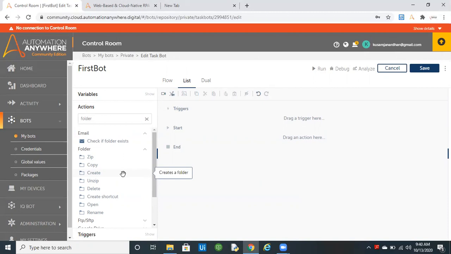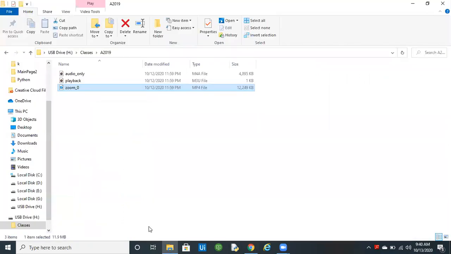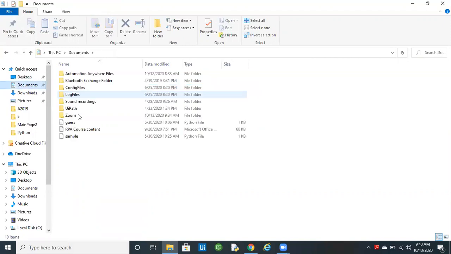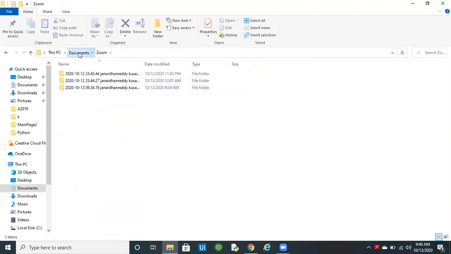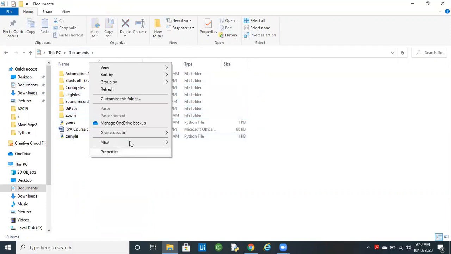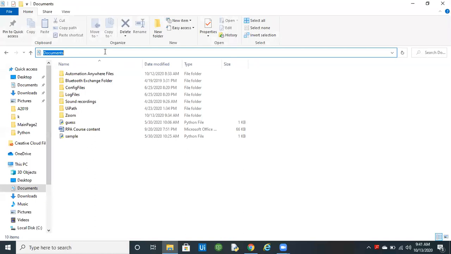Let me drag the Create command first. Here let me provide a path. Let me go to documents. Sorry, documents is not responding.